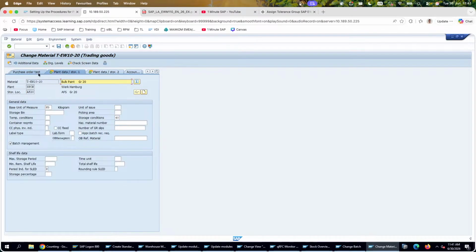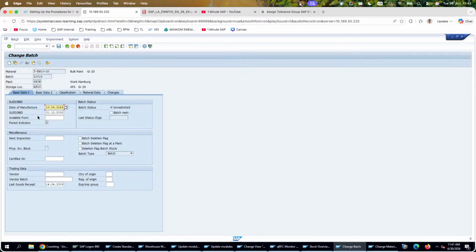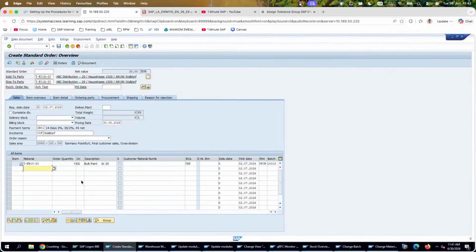Yeah, I don't have any information regarding the maximum storage period life, so I think it's all related to the batch basic data. So since I changed it, I think we should be able to use it, but I don't know why. What is the issue when I create the sales order and it says that it cannot find the batch or whatsoever? Yeah, it's pretty strange, right? And I could not create the